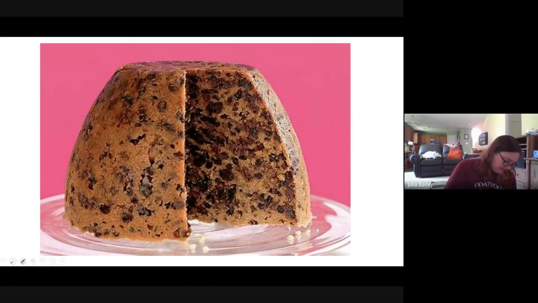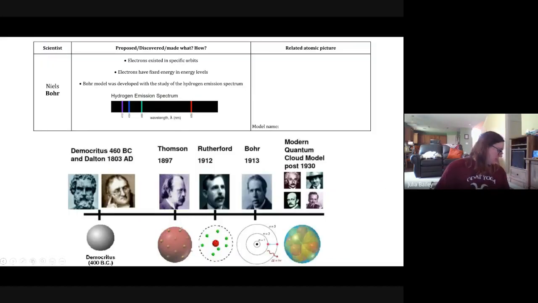One more time for plum pudding, and now goodbye for real. Okay, let's talk about Niels Bohr. Only 1 year later, in 1913, Niels Bohr, a Danish physicist,